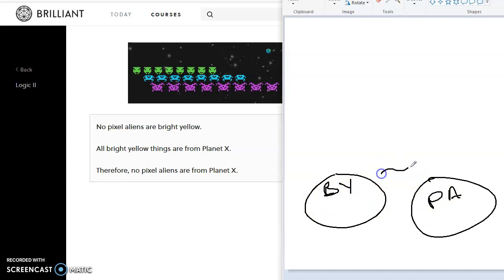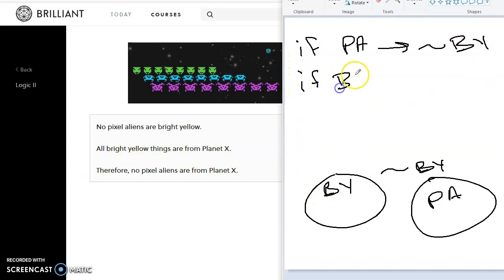So they're all out in the not bright yellow space. So if pixel alien, then not bright yellow, and then we say all bright yellow things are from planet X. So if bright yellow, then from planet X. The question is, can we conclude that no pixel aliens